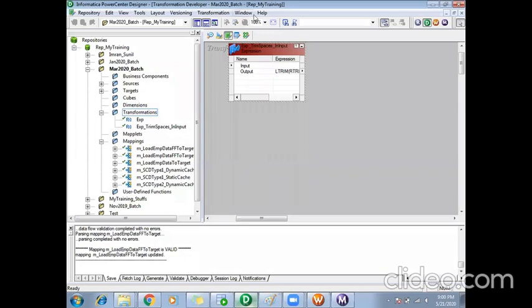so that is about our reusable transformation. So in case if you feel that there is a logic which is repetitive, and that logic can be achieved using a single transformation, that is important.